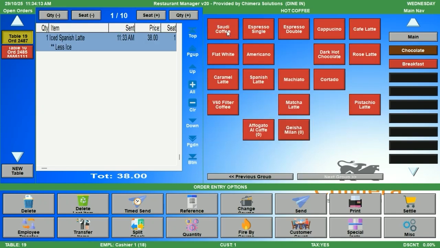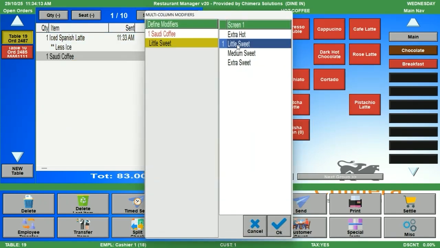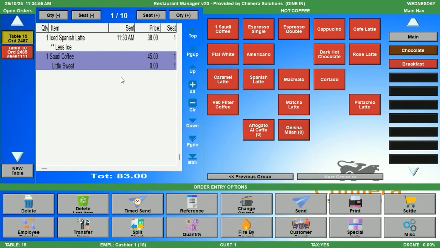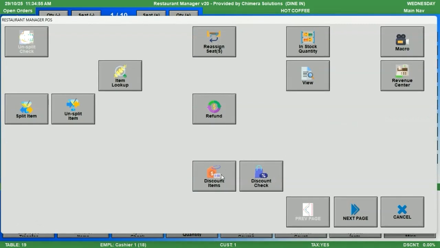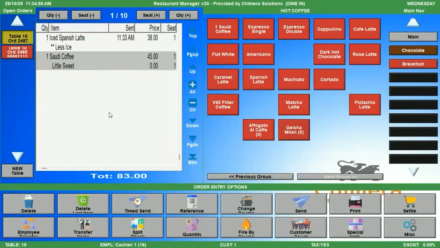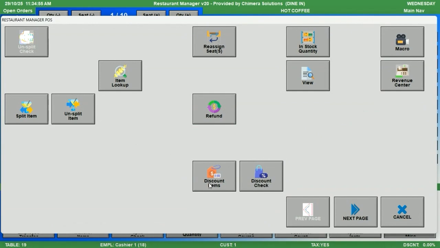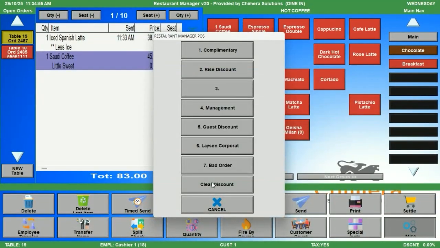Say South Korea. And it was okay. So let's say Saudi copy is going to be in promotion, so it has to be discounted. To use the line item discount, you have to press the item first, and then go here in miscellaneous, and then discount items, and let's say this is